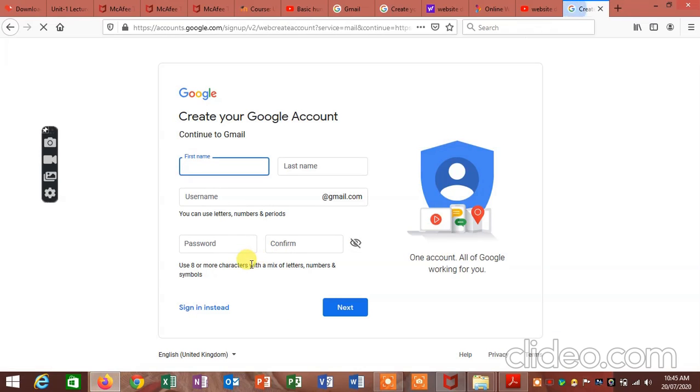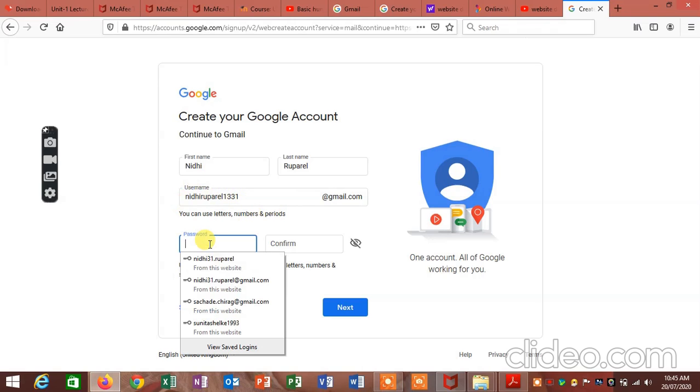Now here you are going to provide your details. I have entered first name, I have entered last name, and I have provided my choice of Gmail account, which is the username I want. So Nidhi Ruparel 1331 is the choice I have put up. It might happen that this particular username is not available, but we will see.